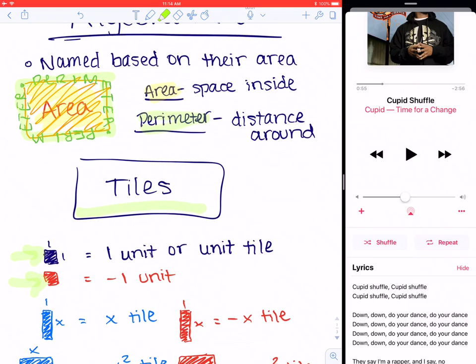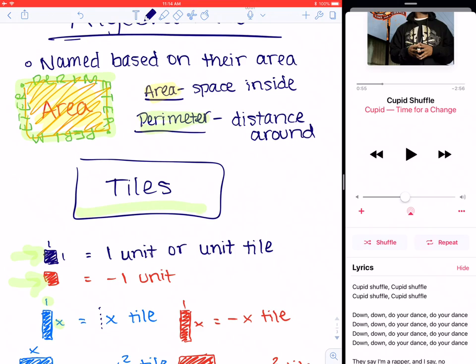Our next tile is called the X tile. It has a dimension of 1 by X. 1 times X is 1X, but the 1 is invisible. We don't necessarily have to write the 1. It's just assumed because there's only 1X written that it's 1X. If it was 2 X's, we'd write 2X, but it's not. Okay, so our X tile has this blue color, and on the back of it, it is red, which indicates